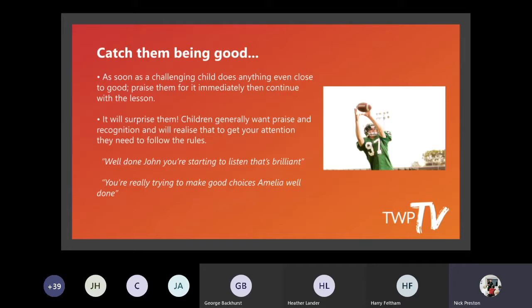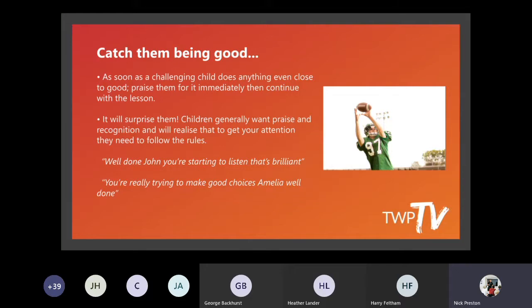But when I go to observe, that's one thing I will do. I will choose one child in the group, probably a child that's quiet, not the one the coach goes to every time for questions because they know the answers while the assessor's watching. I will choose a child that's in the background, not been engaged by the coach for the first 5 minutes, and I will see how many touch points that coach has with that child. And it's really important that you as a coach do that yourself. So you have every child in your head that you want to touch a positive reinforcement point with. You want to find them doing something well, you want to let them know what it is, and you want to reinforce it. And you can use different tactics.